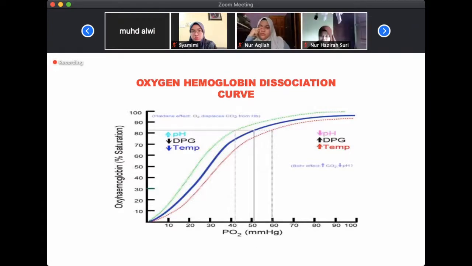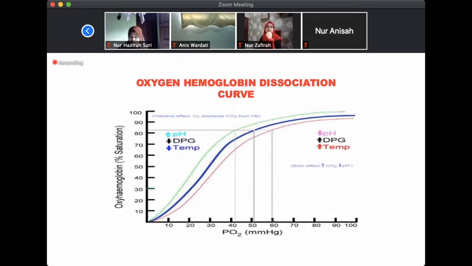But if we shift the curve to the right, the y-axis becomes lower. So at 50 PO2, it reduces to 70 something. This means there will be more oxygen unloading